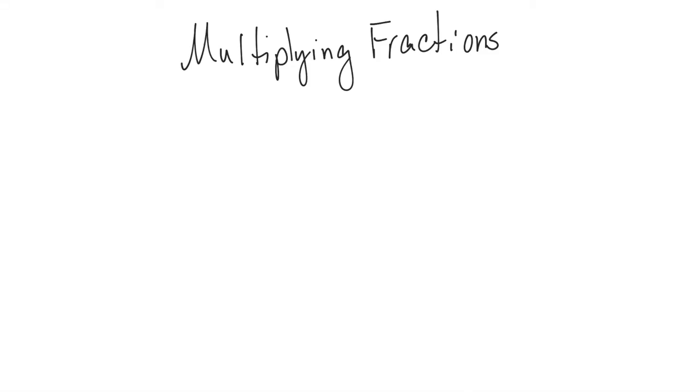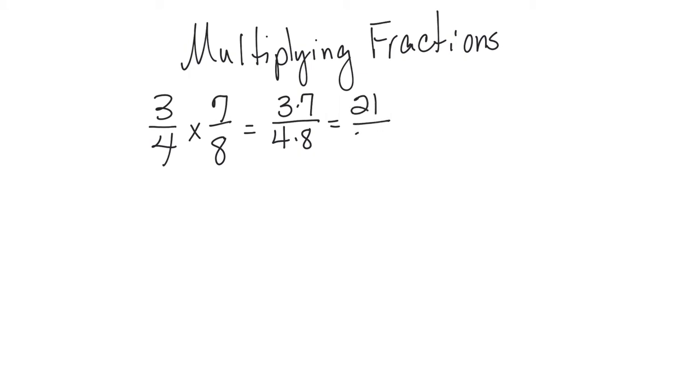In this video, I'm going to review with students how to multiply fractions. To multiply fractions, you simply multiply the numerators together and then multiply the denominators together. So to multiply fractions, you're going to say 3 times 7 and then divide it by 4 times 8. This is a proper fraction times a proper fraction. Once they get their product, they need to check their answer, 21/32, to see if it can be reduced to